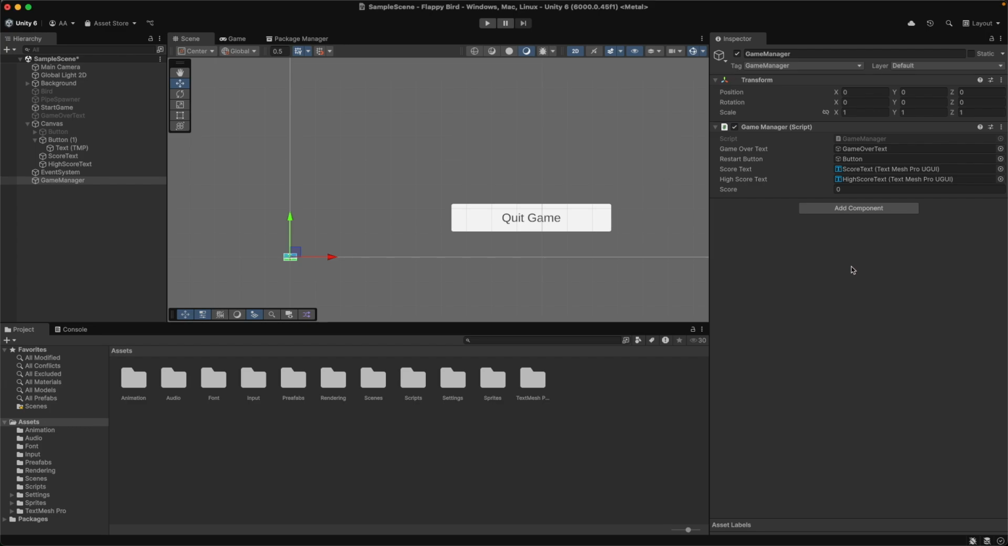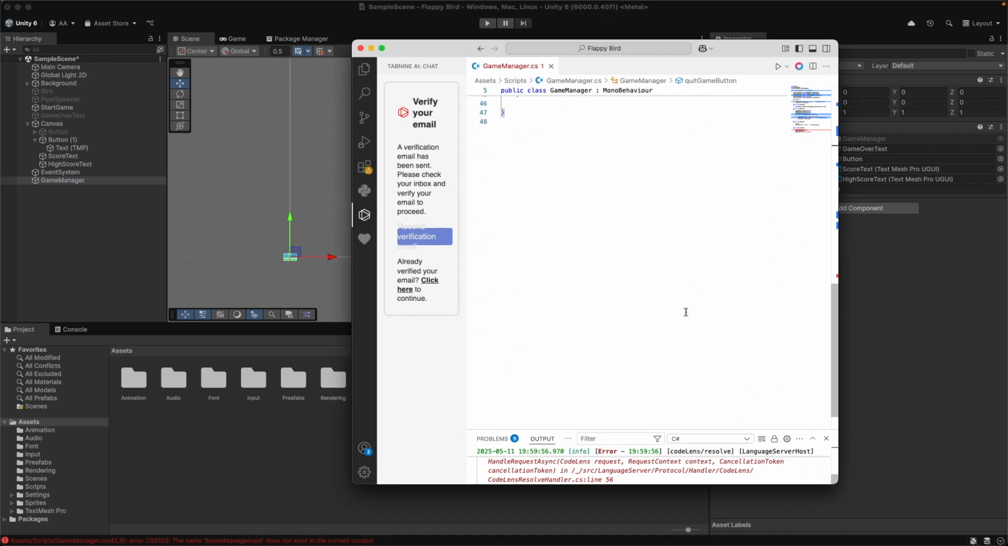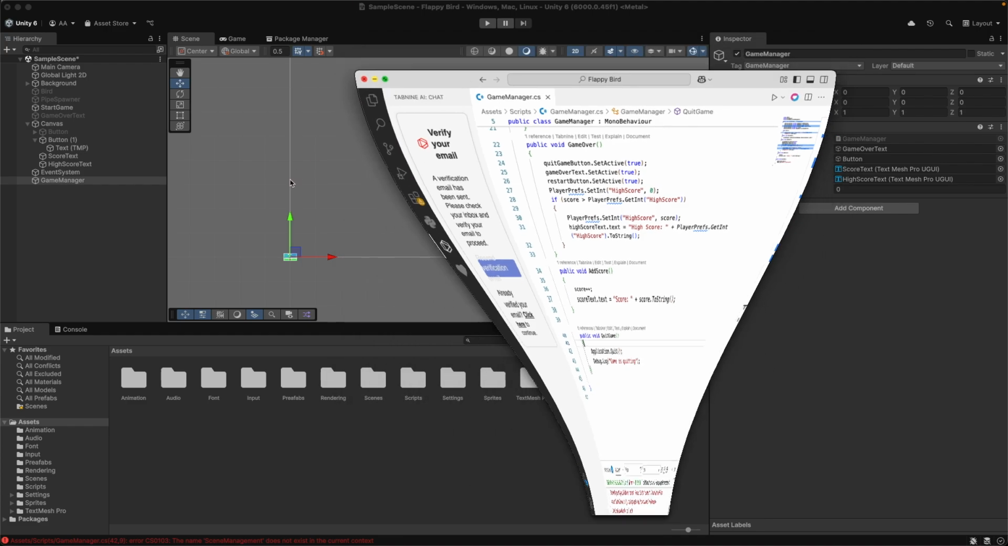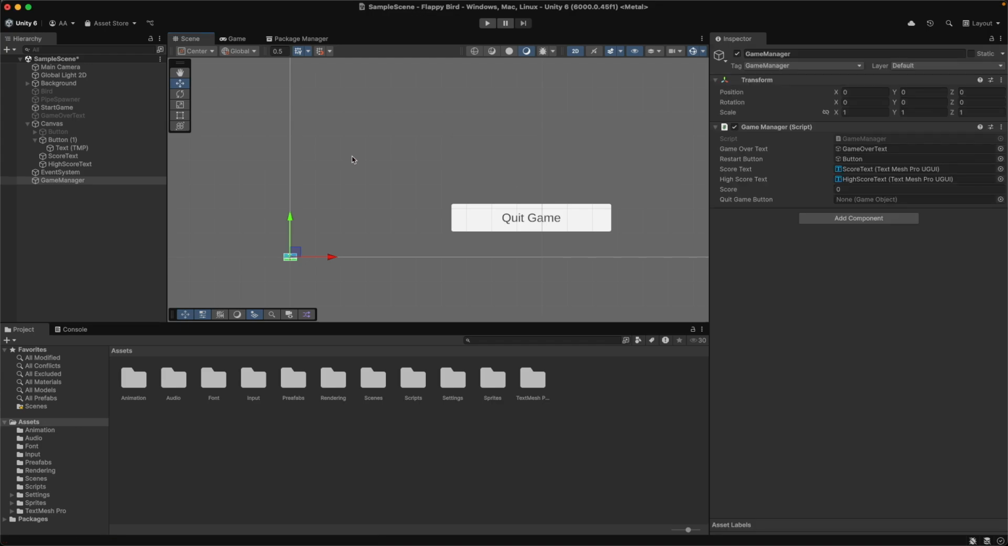Right now, I'm maybe going to show you a demonstration of how it looks when it's built. So then I serialize field it, and oh wait, it has an error, which is that there's no SceneManagement output, there's only Application output. I'll just quickly do this. Anyways, quitGameButton is this,